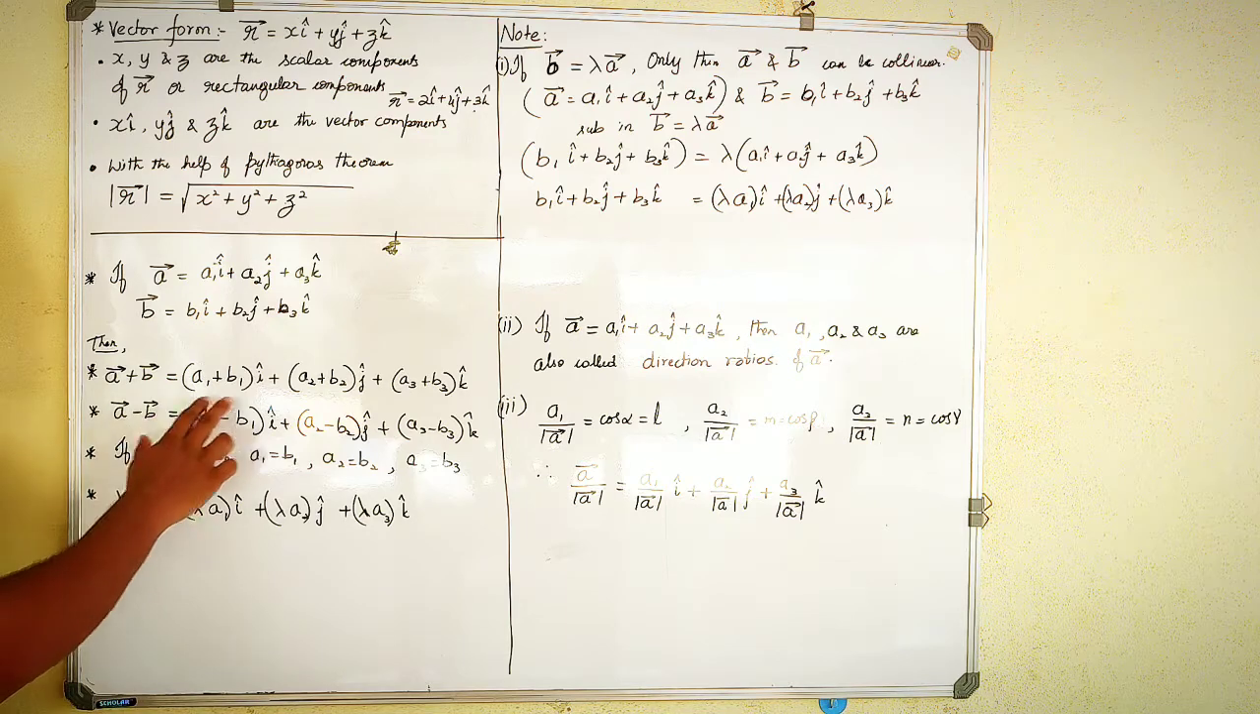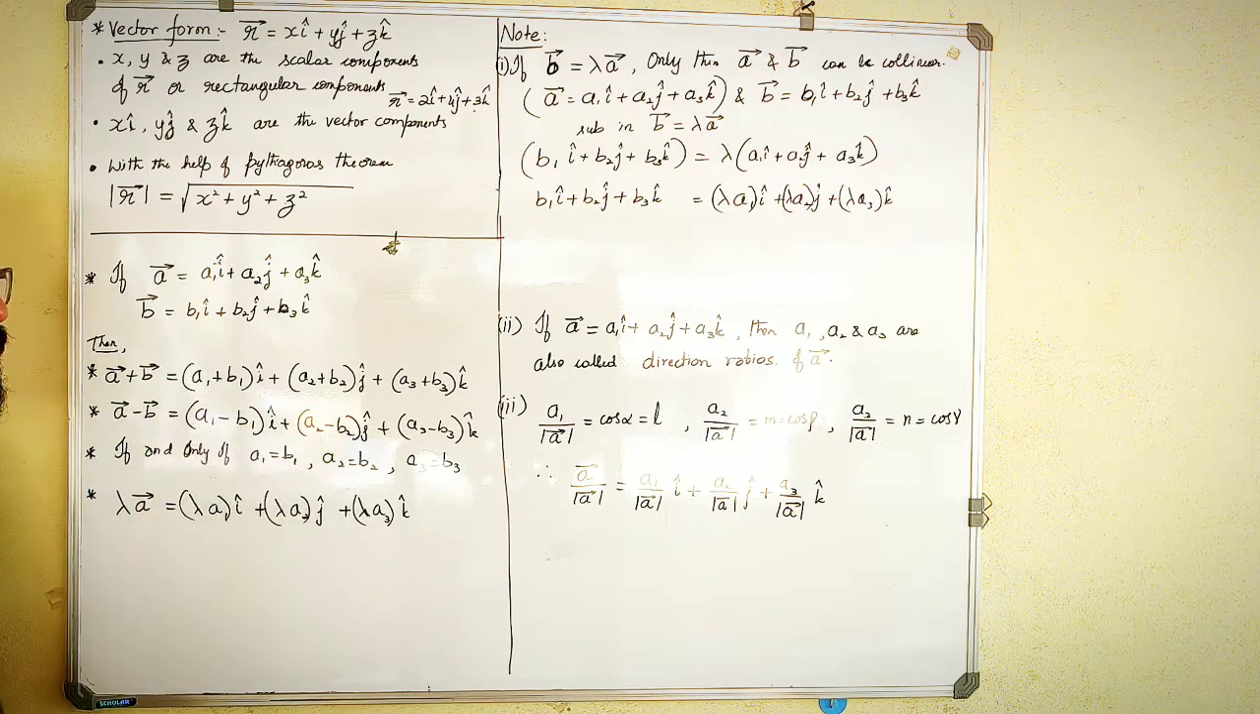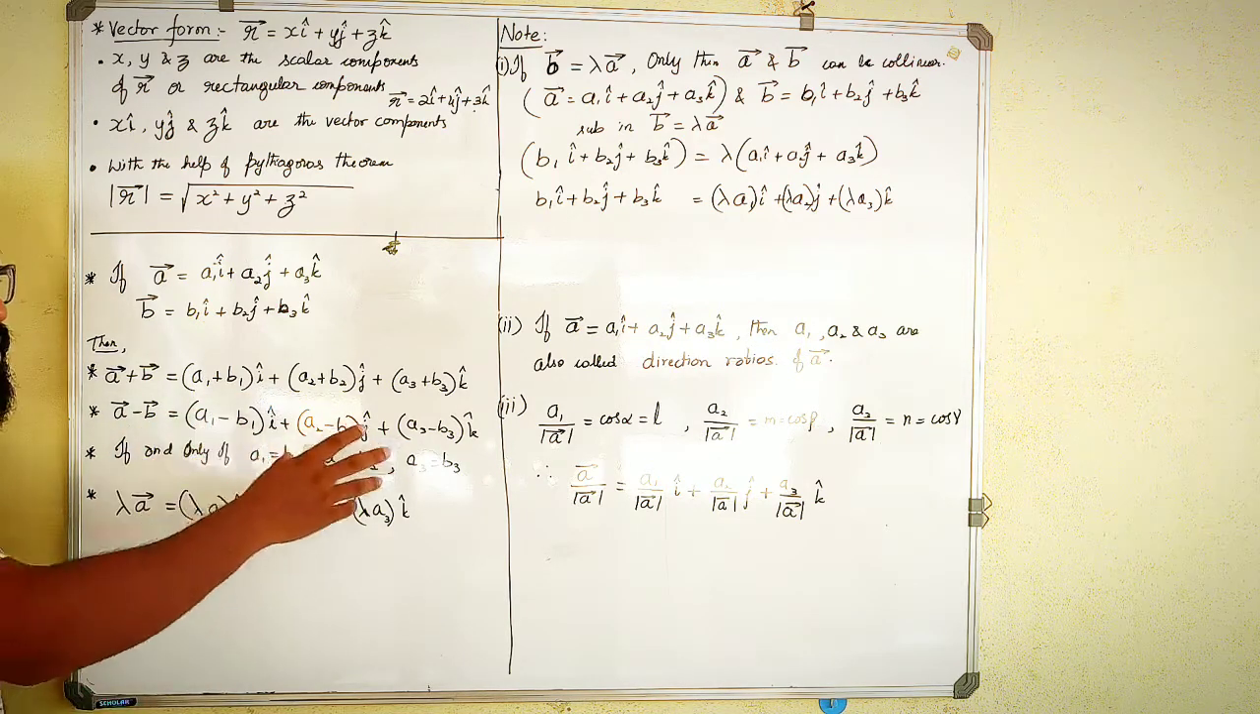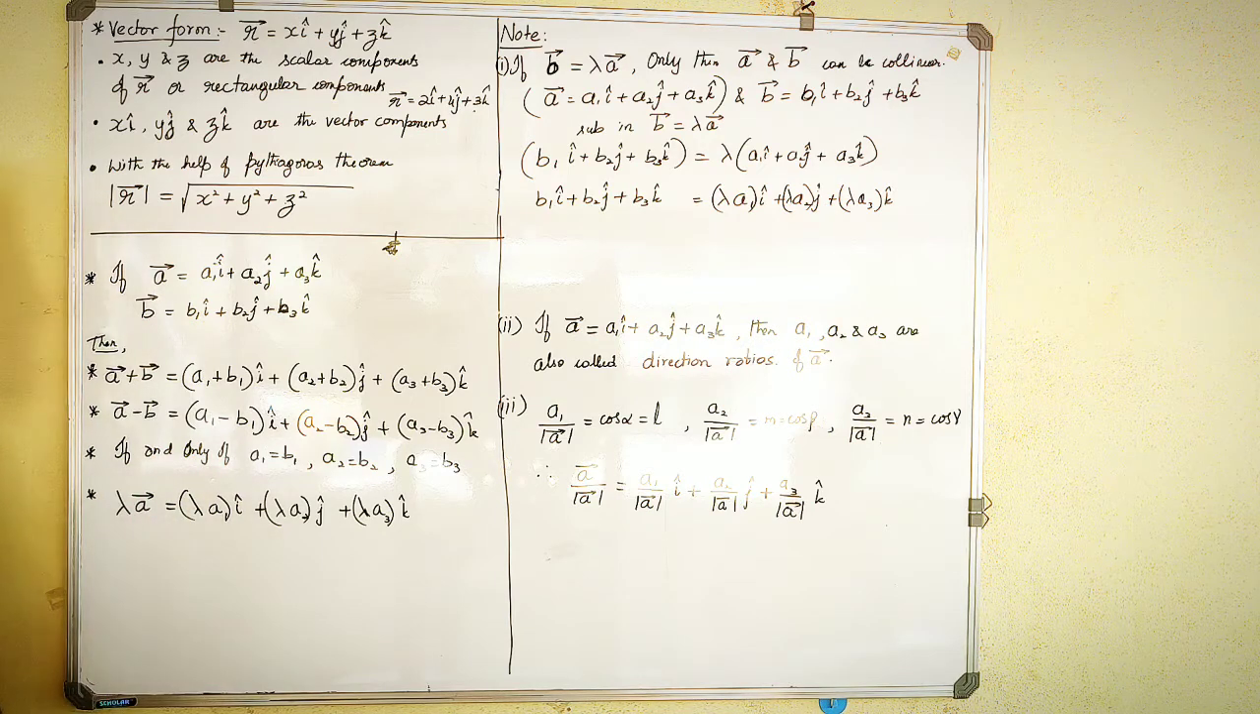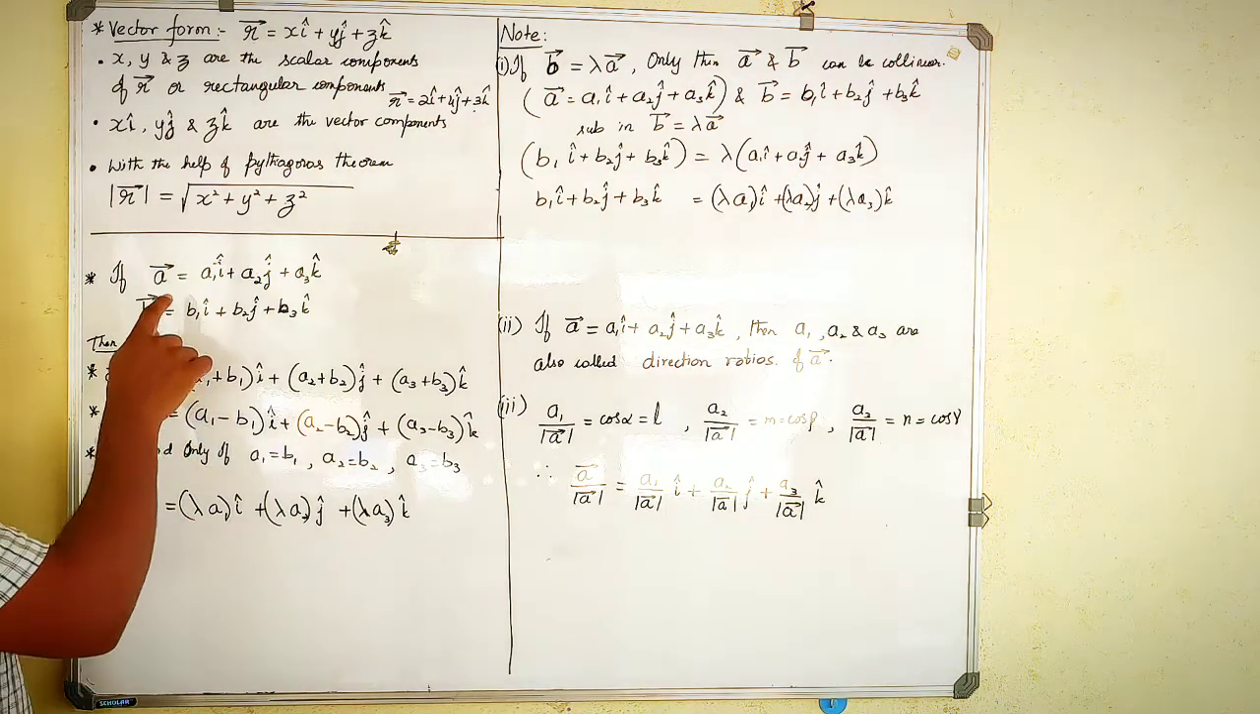So you need not remember the formulas by heart. You can directly go on substituting the numbers and getting the answers. Now there is a third condition which you need to know, that if two vectors are equal, suppose assume that